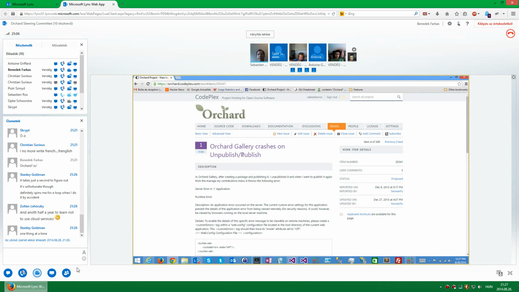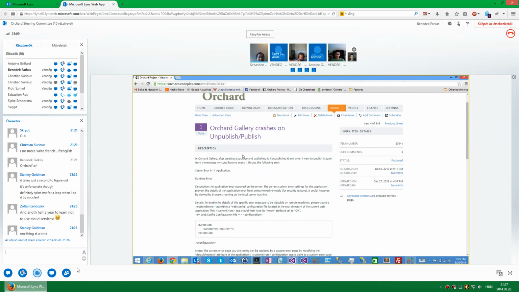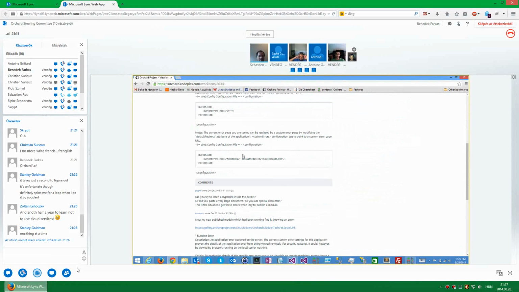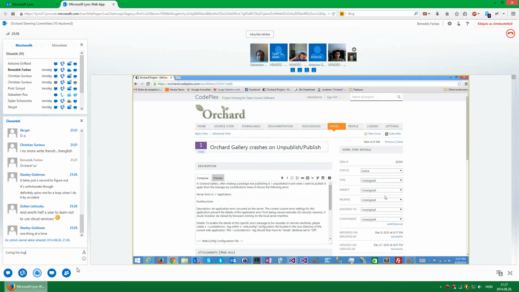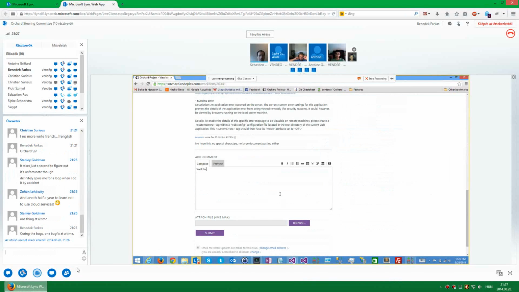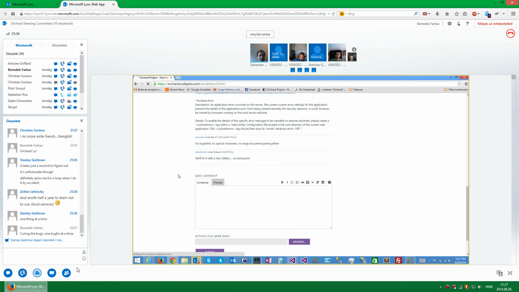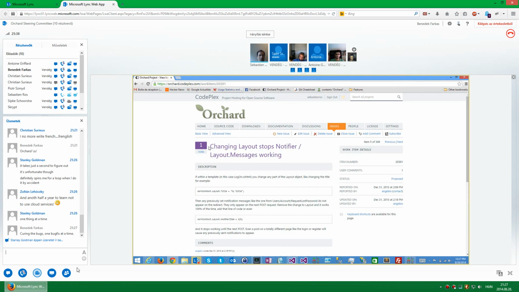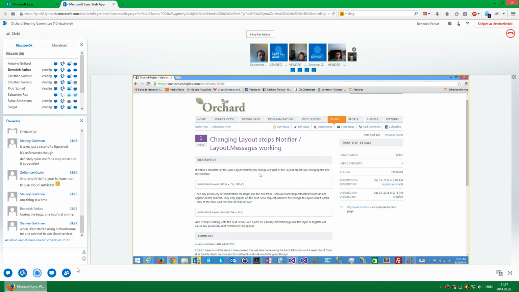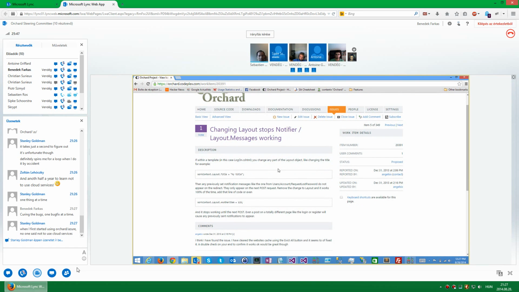Gary crashes. Yes, sometimes it happens. Active, release, future. Changing layout stops notifier layout messages. Within a template, you change any part of the layout object, like change the title.